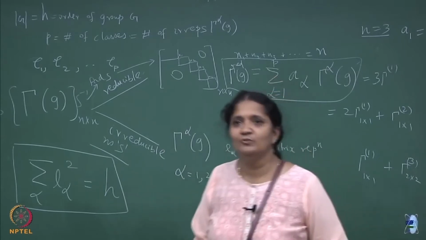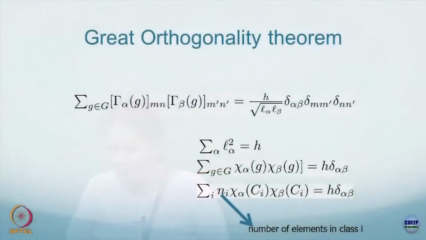You can do the proofs if you want, but as of now from the great orthogonality theorem you can prove this L alpha squared equal to h, and you can also show that if you take those matrices, these are matrices with mn element, the specific element, this mn means a specific element of that matrix multiplied with some other specific element of another irrep matrix, and if you take the sum over all the group elements of them,